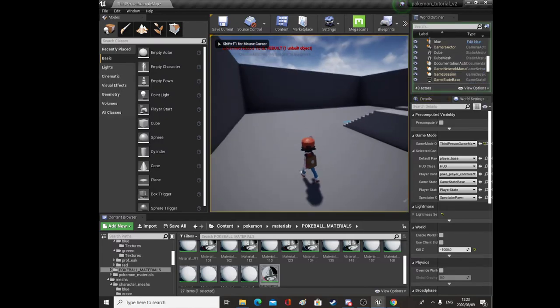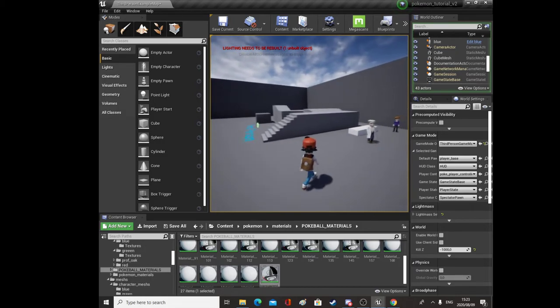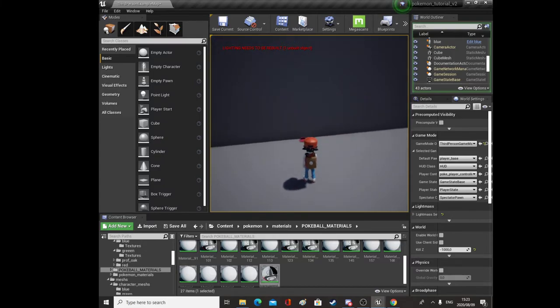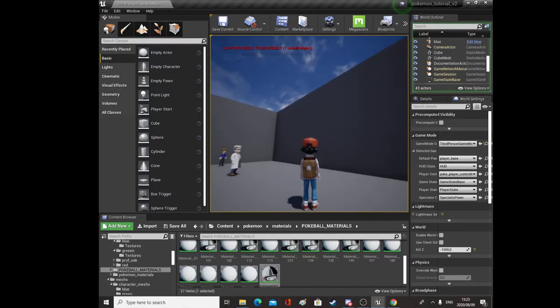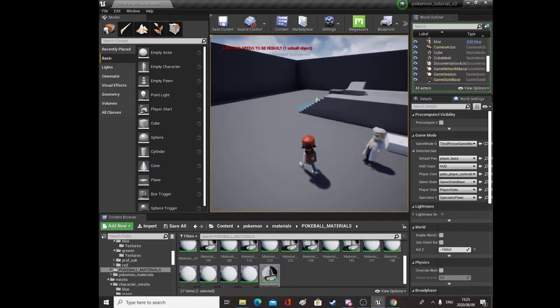Okay, so there's our Pokeball. So it shows us in the world where our Pokeball is going to land. We can throw it against a wall or whatever. And while we're aiming, I think